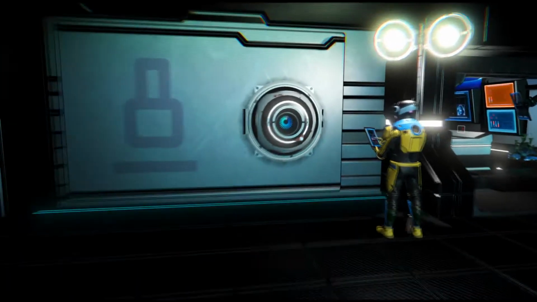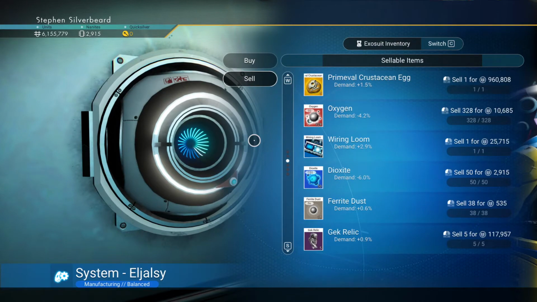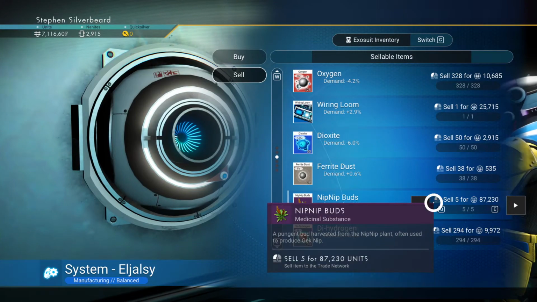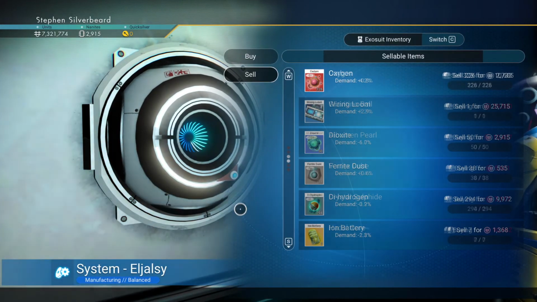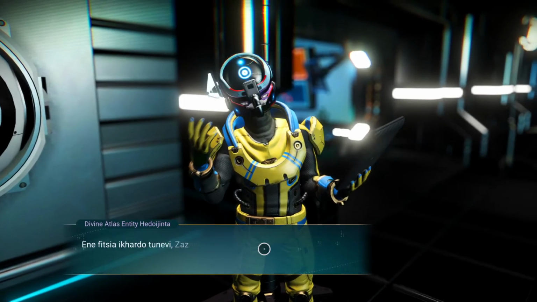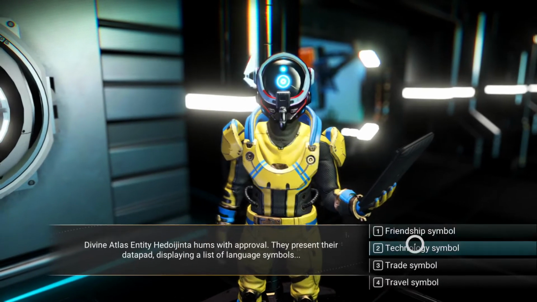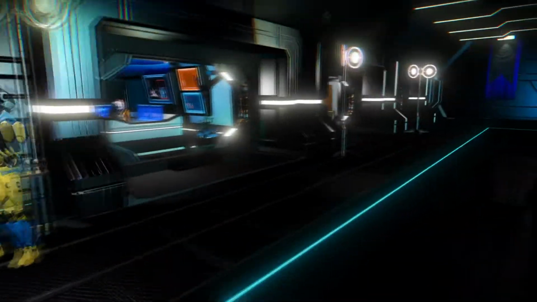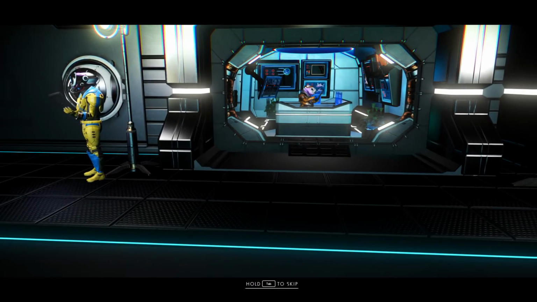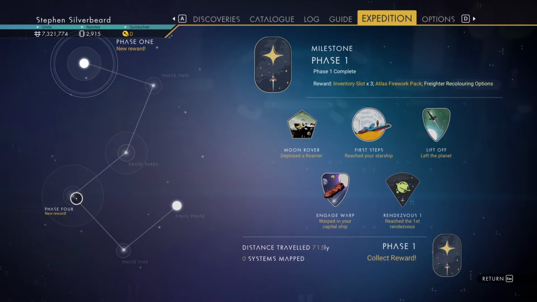So there's a Korvax guy here as well. Can certainly sell off. I'm going to sell this primeval crustacean egg and the Gek relics and the nip buds. So we're up to about 7 million. We got a Korvax guy here. He's going to give me some language. Well, trade symbol. And we've now learnt 10 Korvax words. Wow, that was... So we're kind of going in completely the wrong direction, but...